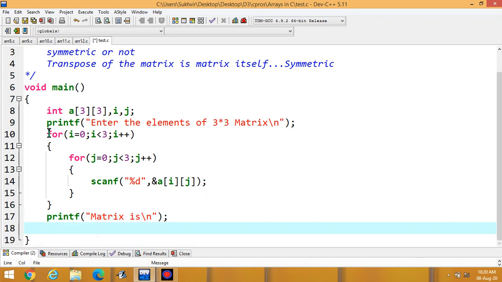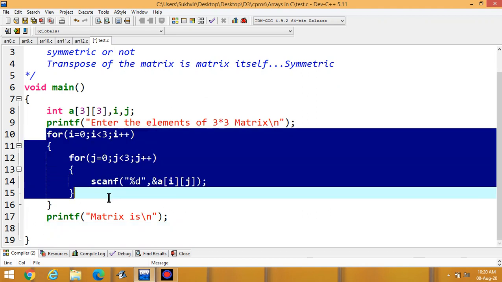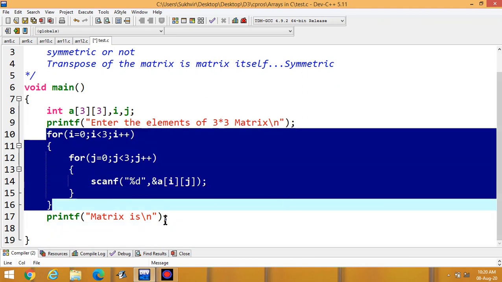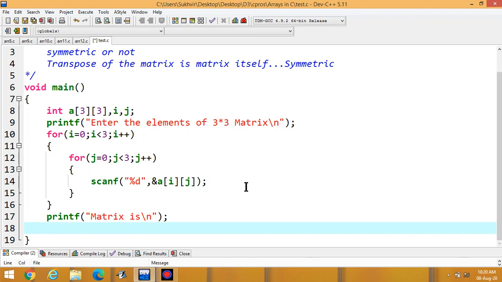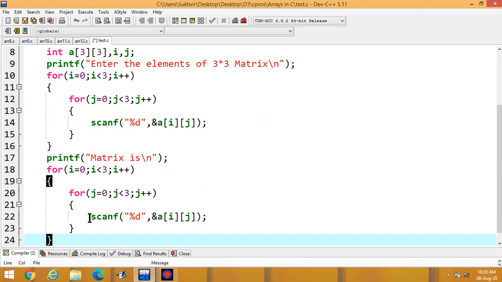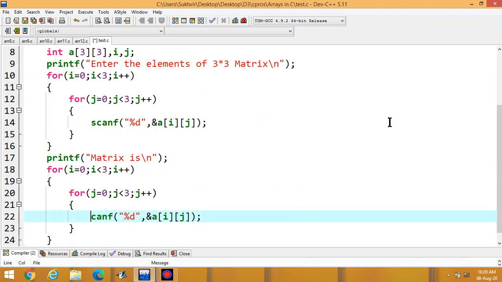Now you can display the matrix by using the same for loop. You can copy and paste here. In place of scanf, you have to write printf. Ampersand is not required here.